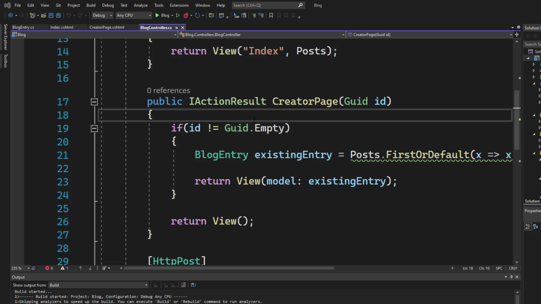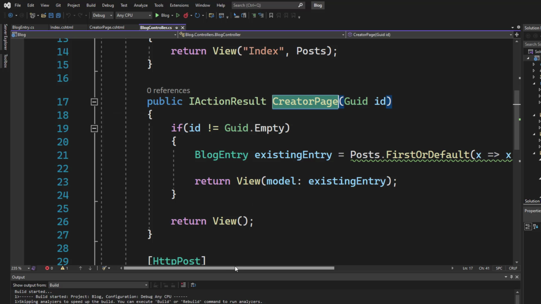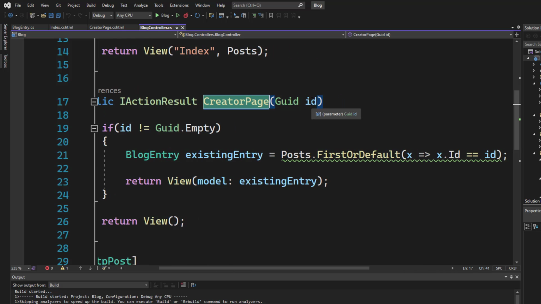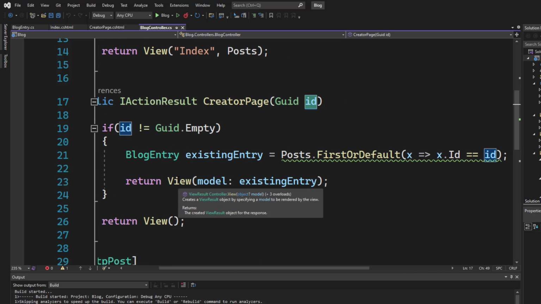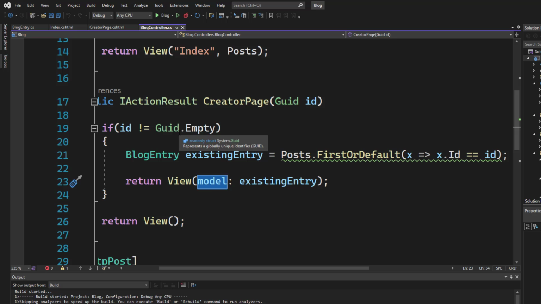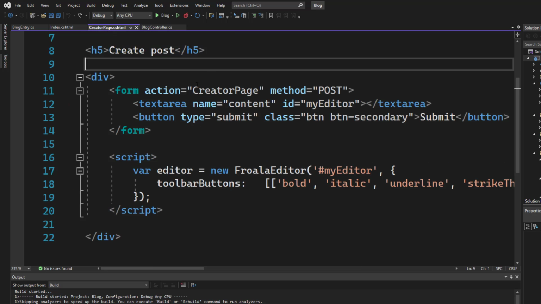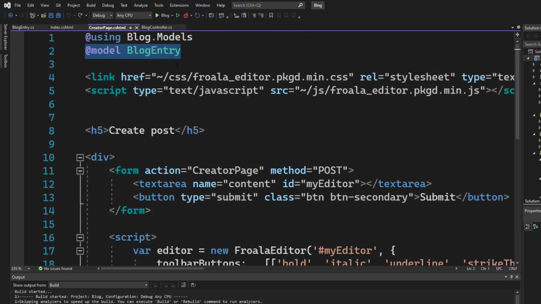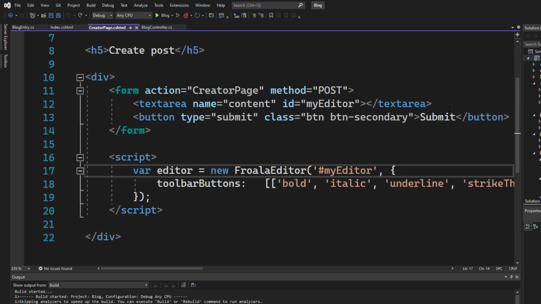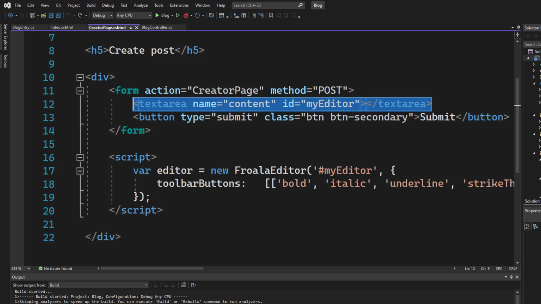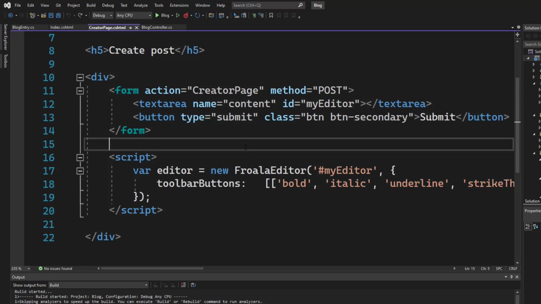Inside of our blog controller, you can see that here, inside of the creator page IActionResult, we submit the blog entry from the list, which we are grabbing by ID, into the view, right? We're sending it here, bound to the model. Now let's switch over to the creator page where we receive that model, right? Blog entry. And now we can use the text area here to display the content. And for this, we will make use of a new